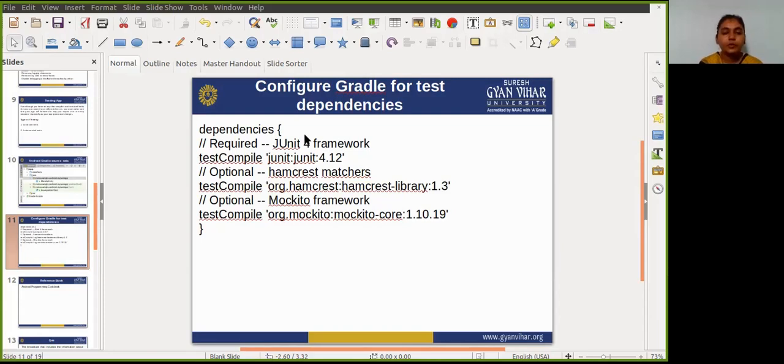For more information on assertions, see the JUnit reference documentation for the Assert class. For more information on the Hamcrest framework, you can just see that and check what functions they provide.